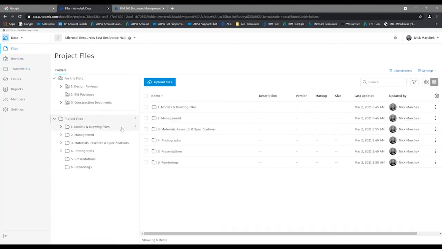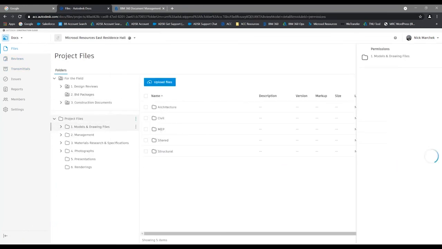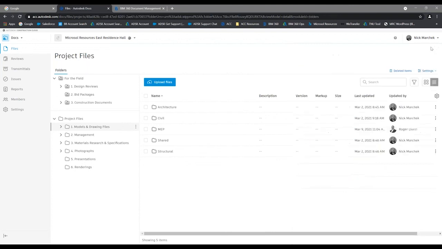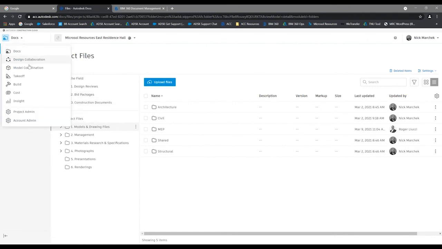So let's say, for example, those of you who've used BIM 360, under the models, if I click on this here, I can click on permissions, I get a flyout. So anybody that's been invited to the project, here we have our Microsol resources team that pretty much has full permissions. You just want to make sure that if you have that consultant who wants to be able to access the model and have full administrative privileges, they have the proper permissions. But ultimately, the answer to the question is, if they have a seat of BIM Collaborate or BIM Collaborate Pro, you've invited them to the project through members,